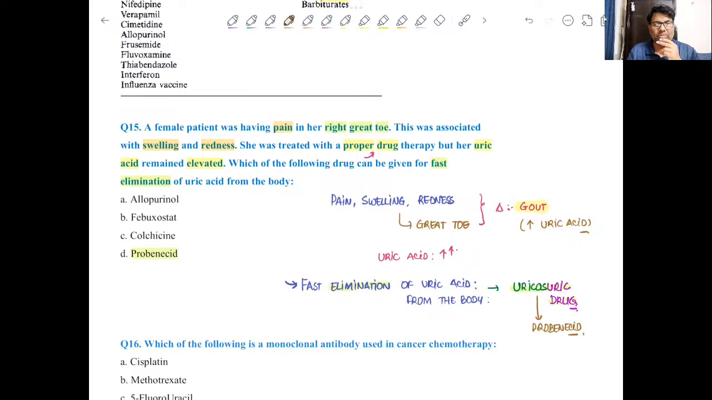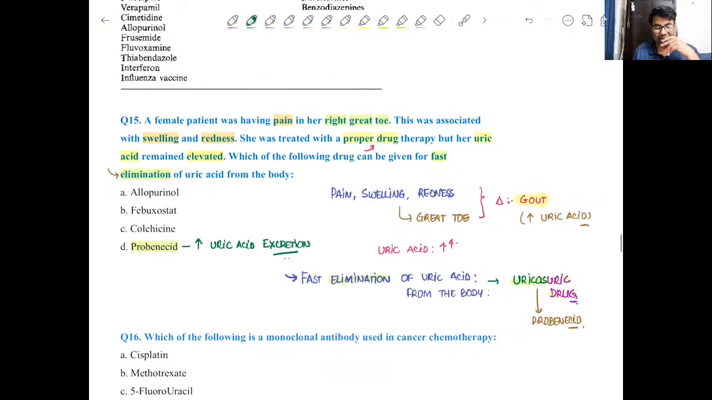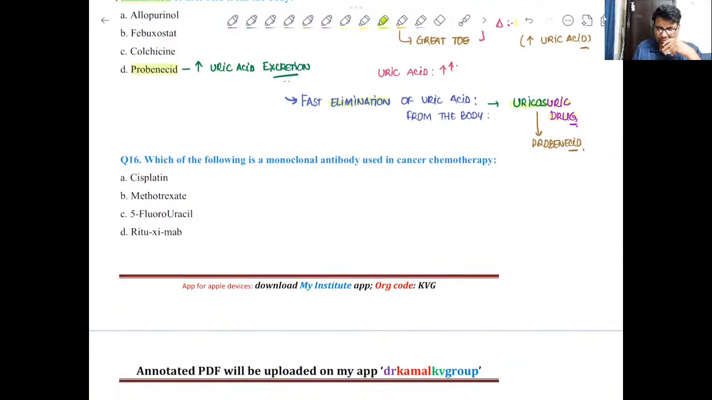Suppose if the question was about if you want to reduce the formation of uric acid, then obviously you could have gone for allopurinol, which is an inhibitor of xanthine oxidase, right? So depending on the specific statements in the question stem, the answer will be probenecid. This will promote uric acid excretion. Clear? So this will promote uric acid excretion. So that's why the answer is probenecid and not allopurinol. Clear? Now next question, which is a